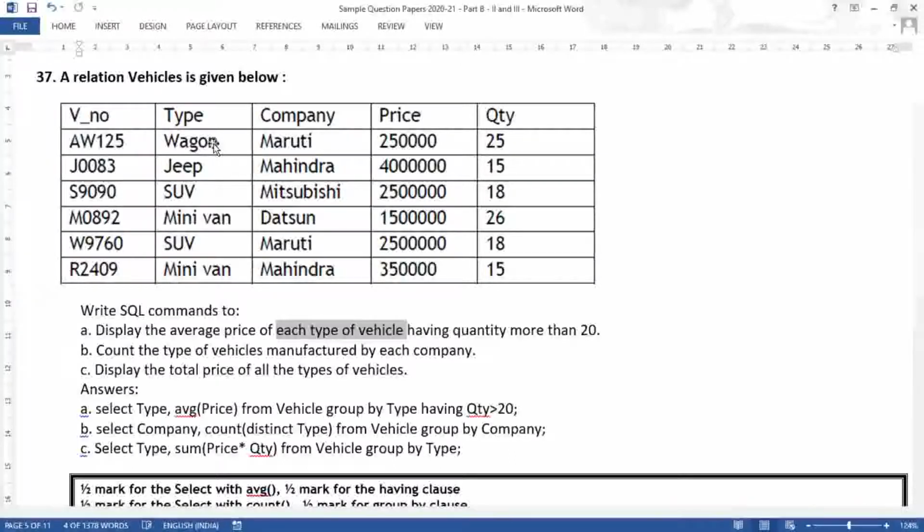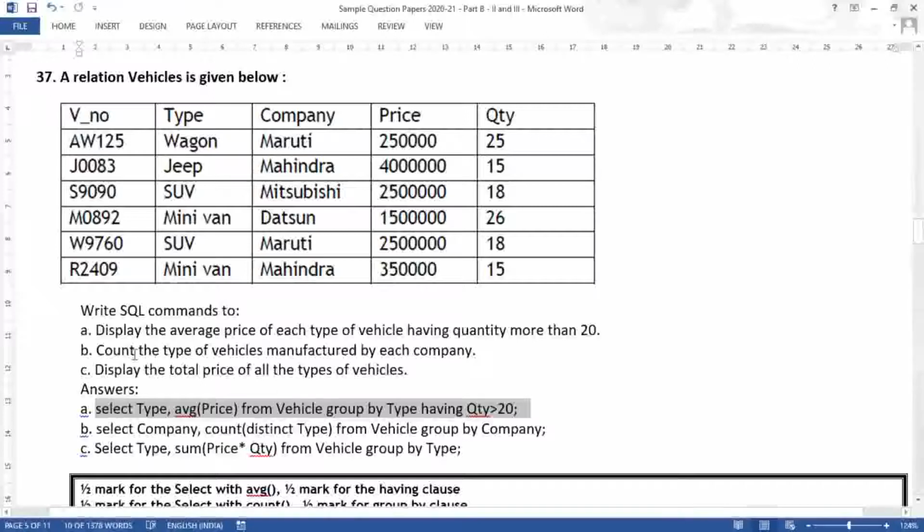And when we are using the group by clause, yesterday I said in the 2 marks question how to write the query. So here is the query. Select type, avg(price) from vehicle, group by type, and then the condition having QTY greater than 20. So this is the correct answer. You can write in this manner. Later, when I start the MySQL part, I will explain how to write group by and what the other things are. Although I have explained a little bit in the 2 marks question section. If you missed it, you can watch that video. I will provide that video in the I button.